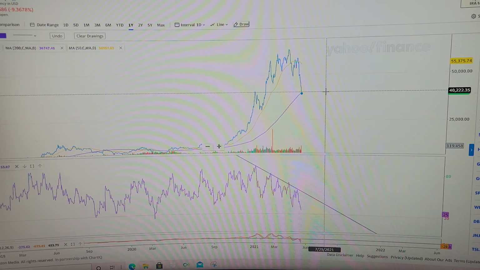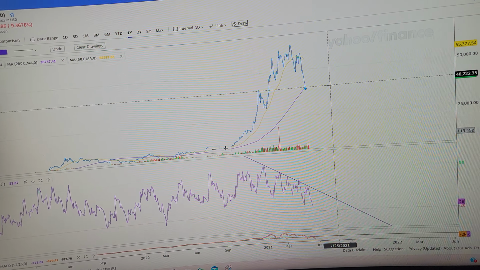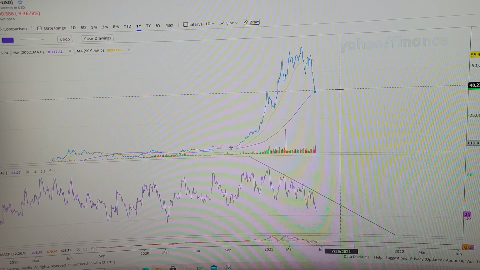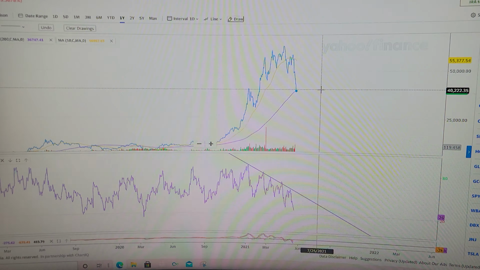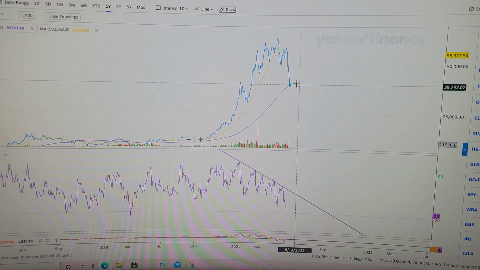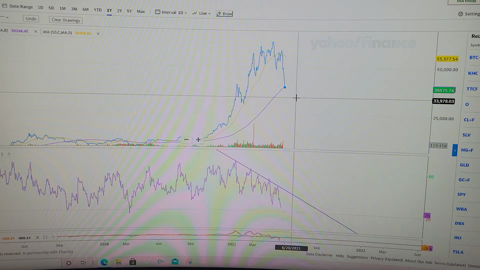I should have taken it more for granted, but I'm just holding. I don't have a whole lot in Bitcoin. What's a few $1,000s? I'll open up a little more of a position here. Crosses under, I'm going to wait for a little while.